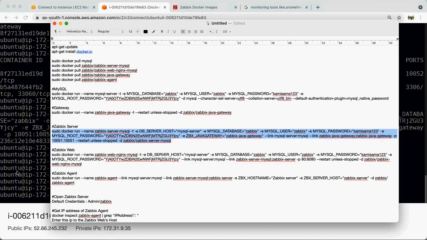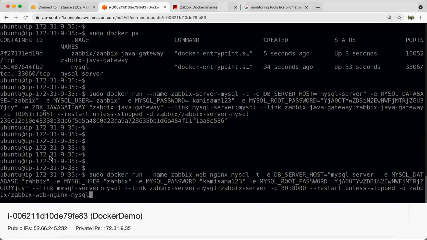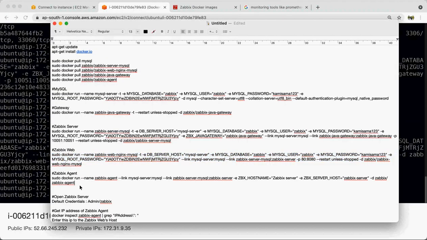Okay, the next part is we have to install the Zabbix web. Here also, most of the parameters are the same. The MySQL connection and database settings are almost the same, and you're also providing the Zabbix server here. These are very standard configurations, nothing special about these. But let's go through each and every one.